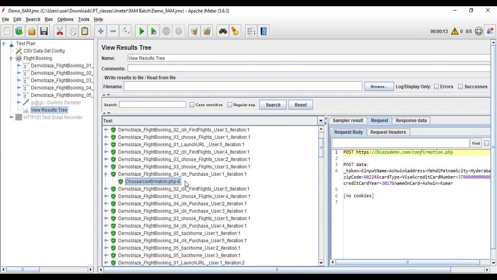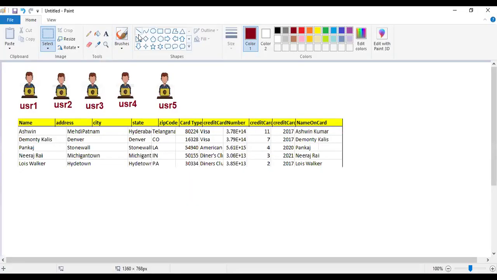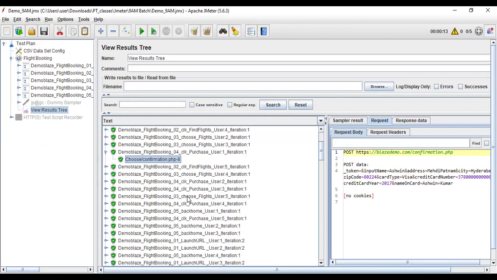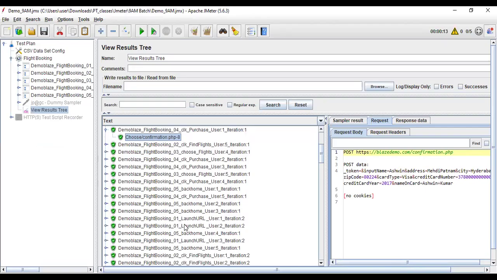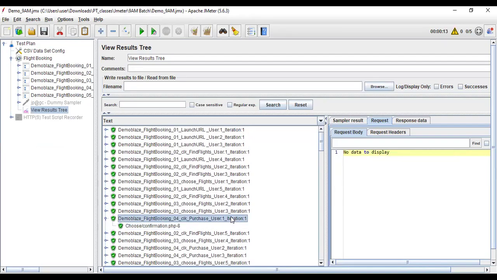So what is the data passing for user one? Ashwin Mehdipatanam. That is the first one. So here, first user is picking this one. Okay. Now the second user, 2 and iteration 1 I want. User 2. Second user, where is the second user? User 1. Yeah. But I want